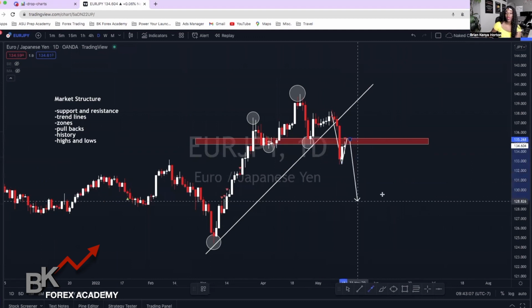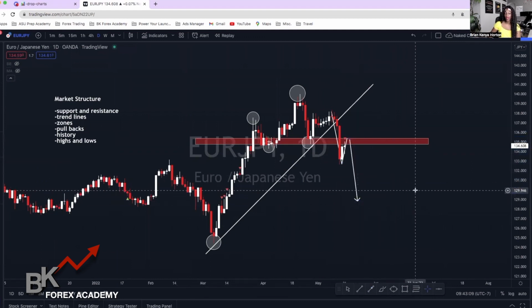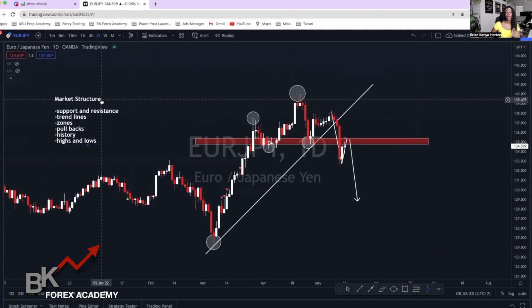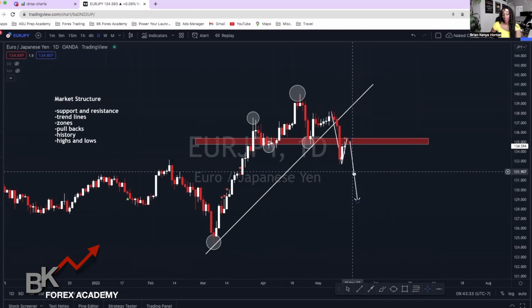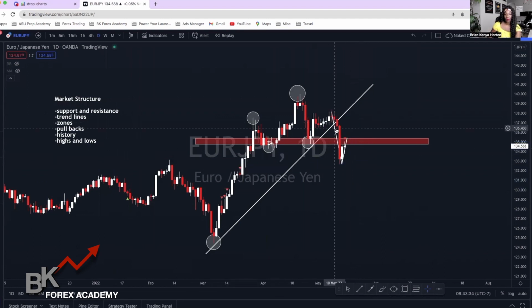Now, one of the things we need to keep in mind about market structure is that it's not 100%. It is a strategy, but it's not 100%, just like with anything else. So you want to make sure that when you are trading structure, it is a system and there are specific rules that you might follow every single time. So for example, if I'm trading structure, maybe there's 3 things that I want to see every single time I identify structure. So now that, let's say, for example, my bullish trend has been broken, I now have to switch